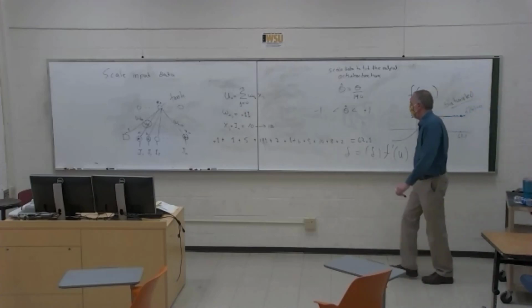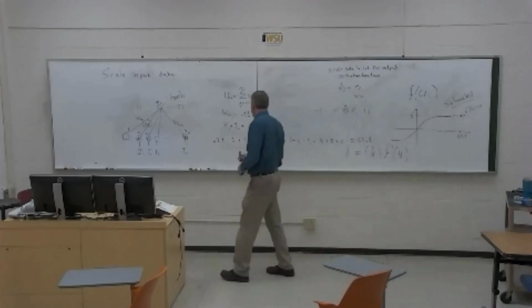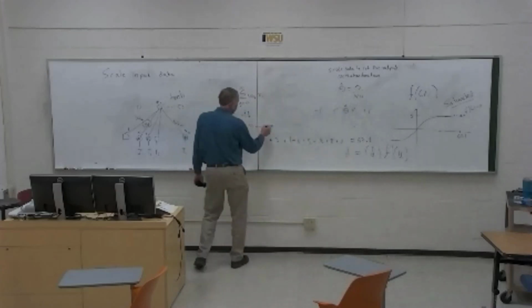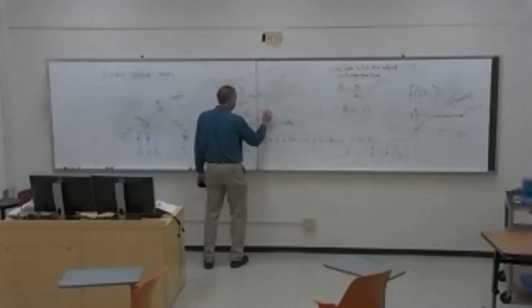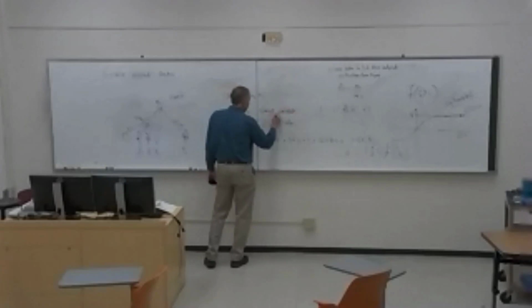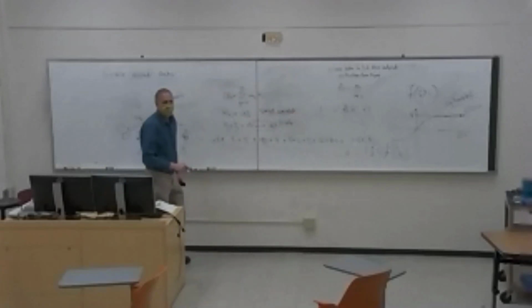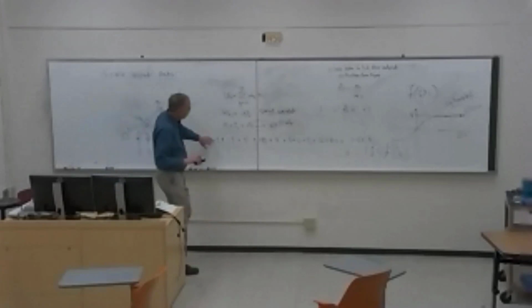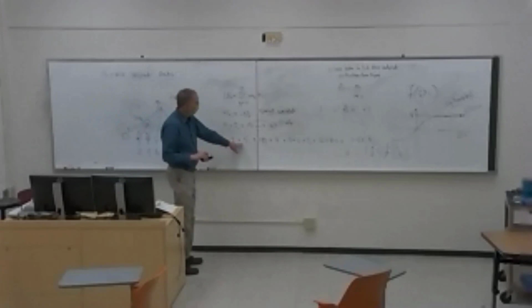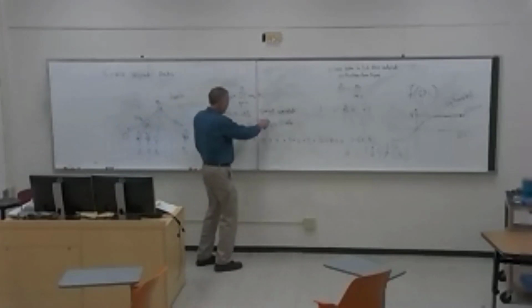So how can we fix this? We scale these inputs, and we choose small weights initially. Usually small isn't like 0.1. You'll choose a weight like maybe 0.01 or 0.05. And then you scale all these to be less than 1 so that the max and min is less than